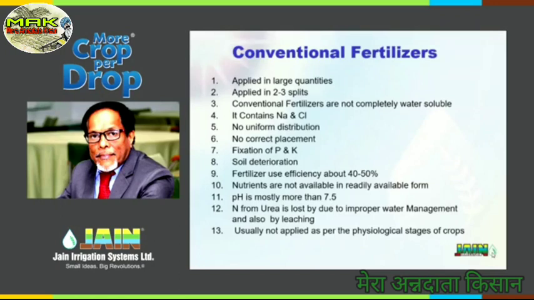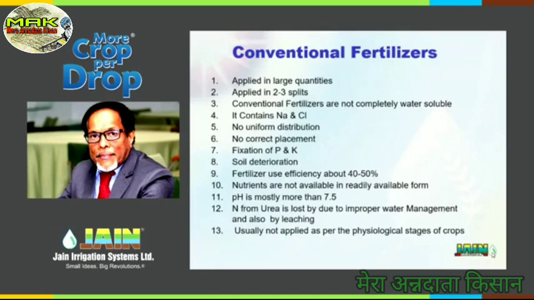There is a process going on in the soil at that time. Many of these fertilizers contain sodium and chloride, which are not at all preferred to be in the soil much, because they harm the plants. And as a result of this method of applying dry fertilizer into the soil and then irrigating, we do not get a uniform distribution across the different parts of the field. So there is no uniformity, and placement is also not correct. Fertilizer may be lying somewhere, while the roots and root hairs, which absorb the fertilizer, are somewhere else.